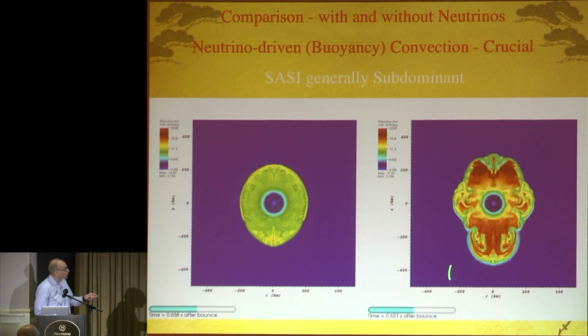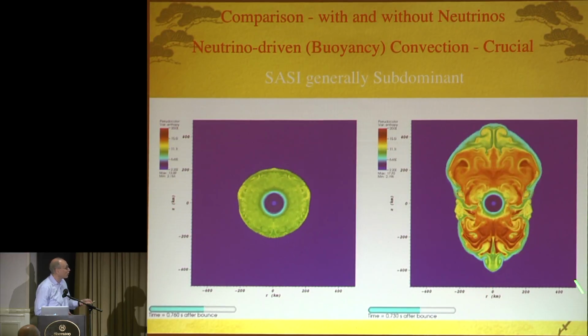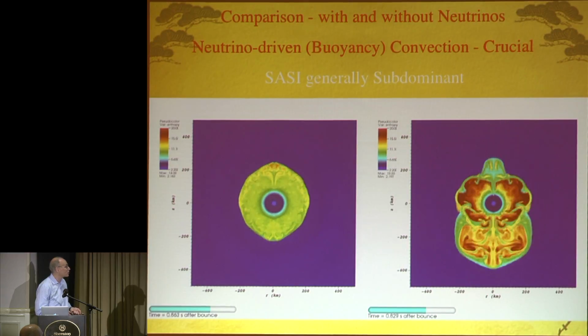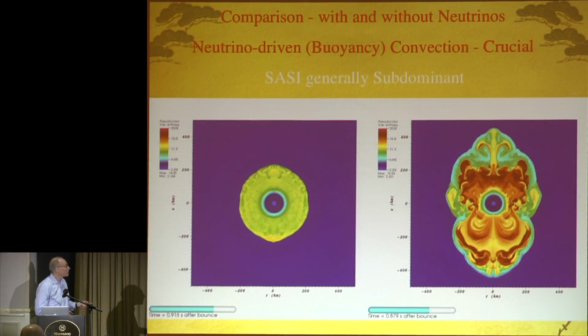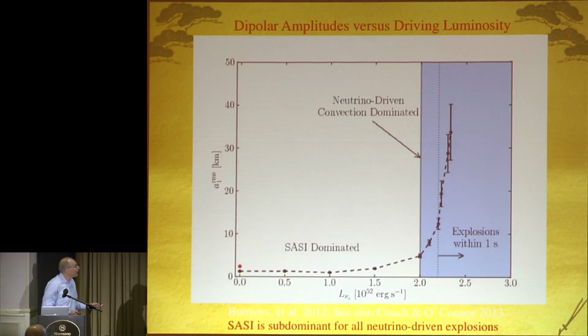Notice how the pole equator contrast is so much larger here, and the shock radii are larger, and this particular simulation was made to explode because the luminosities were high. So this is a big difference. It's this that we're looking for. And you can do a numerical study where this is the dipole component of the shock radius. As you ramp up the neutrino luminosity, you get small values, then it jumps up.